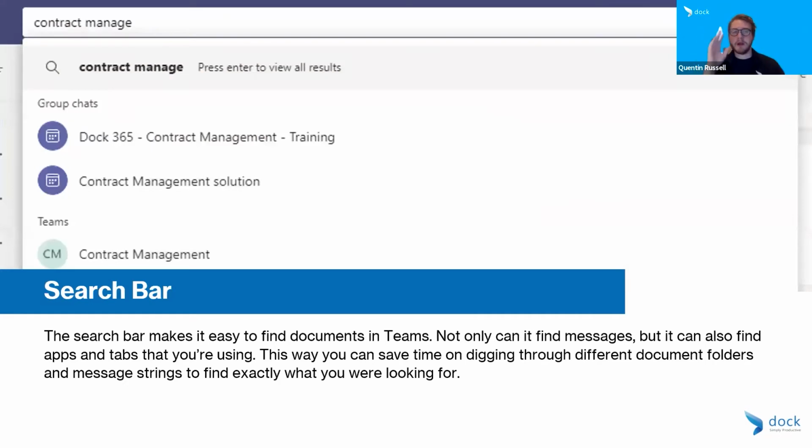Next up is the search bar. Basically just Teams search functionality in general. It makes it super easy to find documents in Teams. So not only can it find messages, but it can also find apps and tabs that you're using. So this way you can save time digging through different document folders and message strings to find exactly what you're